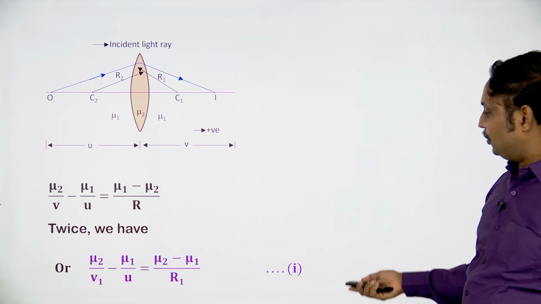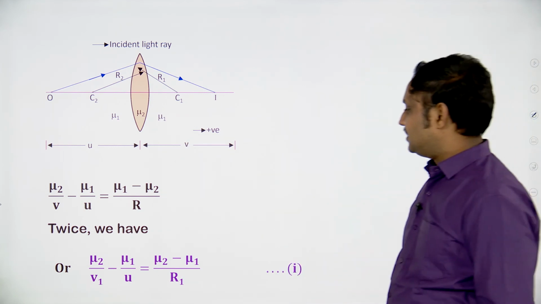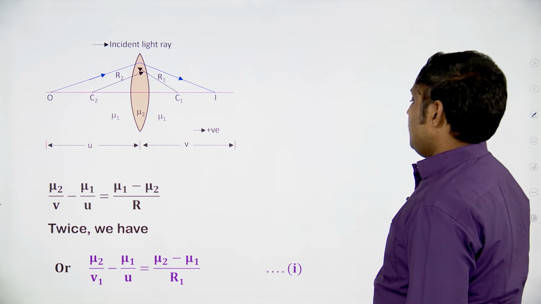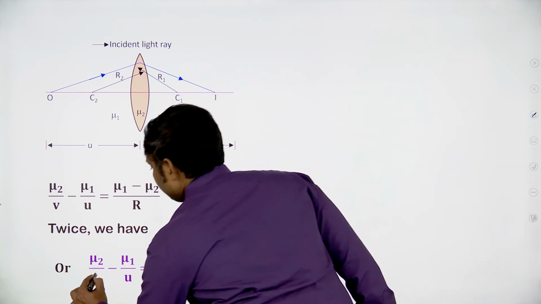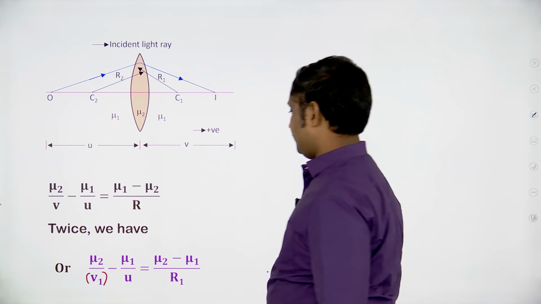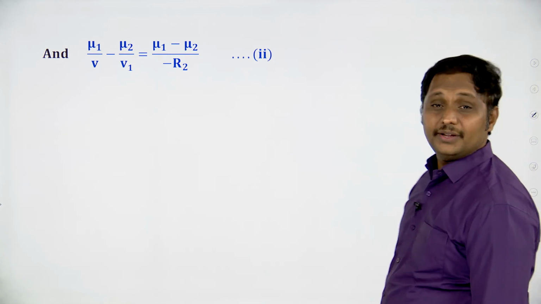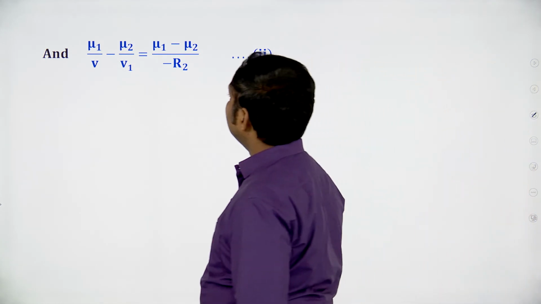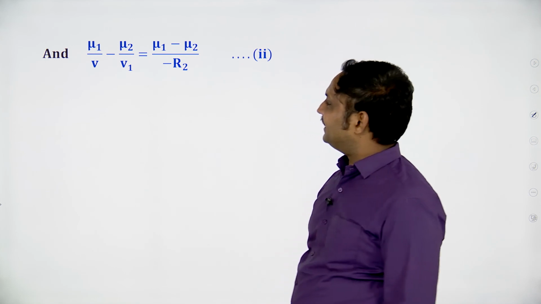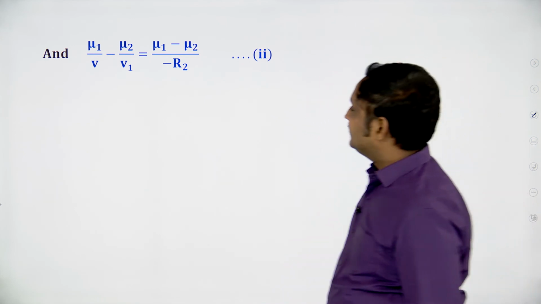This is going to be the first one. Let's go for another equation, that is mu1 by V minus mu2 by